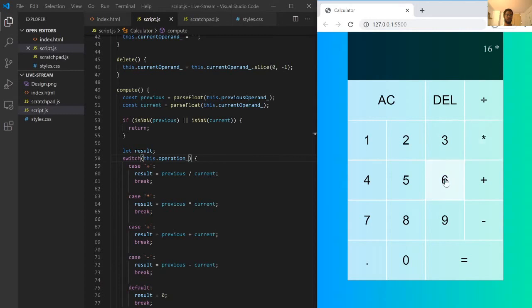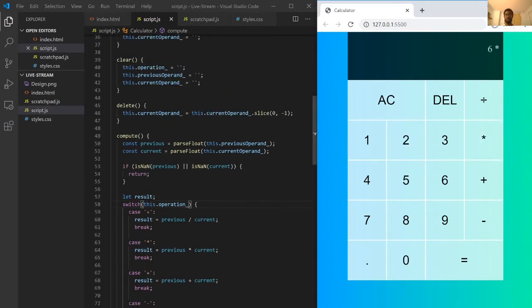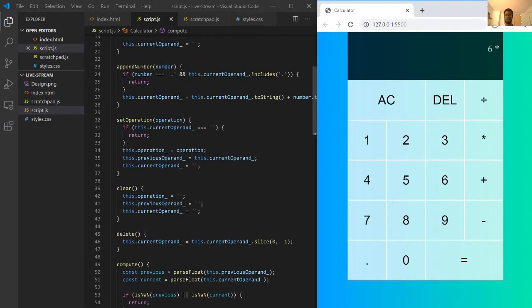Let's try multiplying that times 6. Now, here's a corner case. What happens if we press multiply again? What should happen is 6 should multiply by 16, and that should go into the previous operand, right? But look what happens instead. Instead, nothing happens. So we should modify our set operation and be like, yo, if